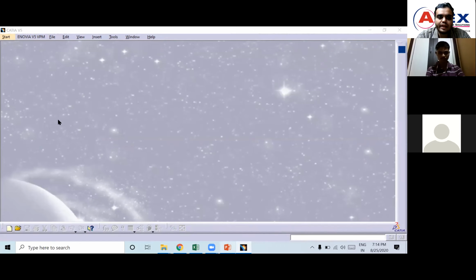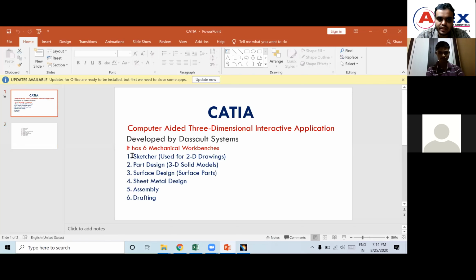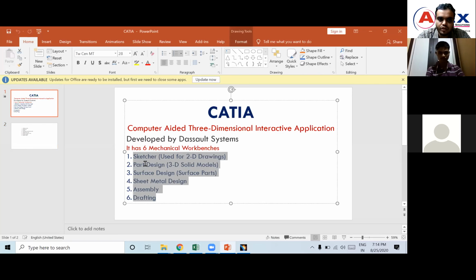See, in CATIA we have around 6 workbenches. In this internship program, we are going to learn Sketcher, part design, and drafting. Okay. To finish all those things, it will take around 1.5 months to teach. In 3 days, I am going to teach this and this part.